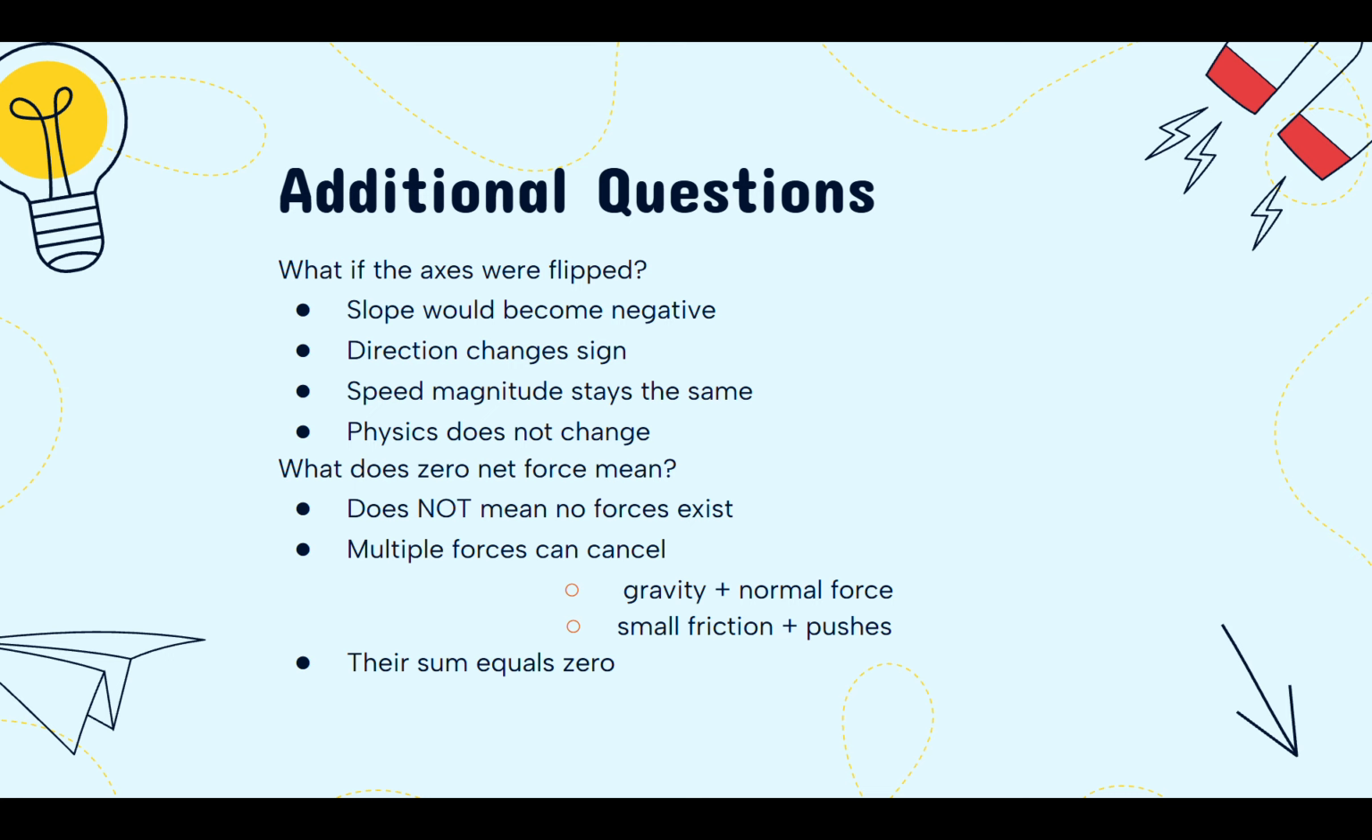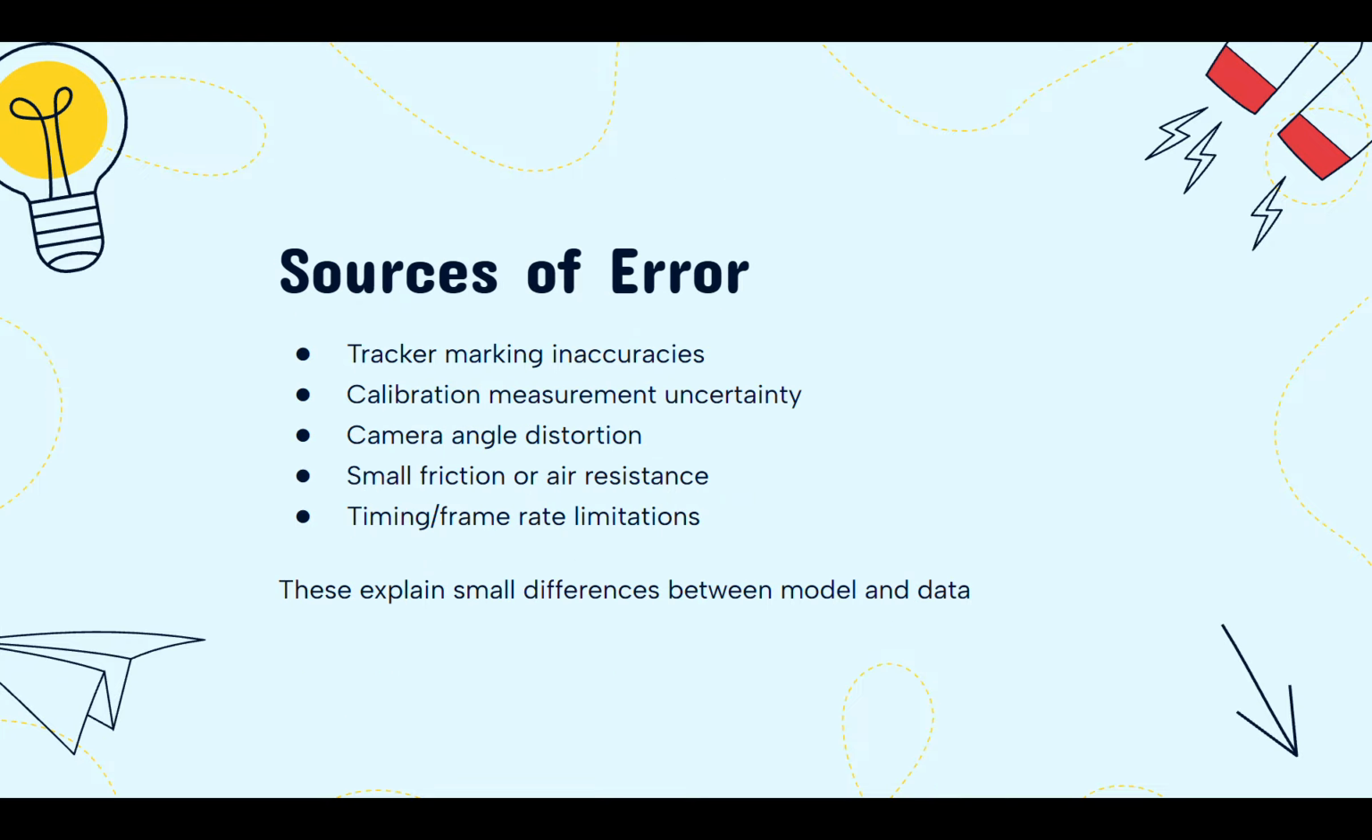Sources of error would be Tracker marking inaccuracies, calibration measurement uncertainty, camera angle distortion, small friction or air resistance, and timing or frame rate limitations, which explain the small differences between the model and the data. And the conclusion is constant velocity is in fact